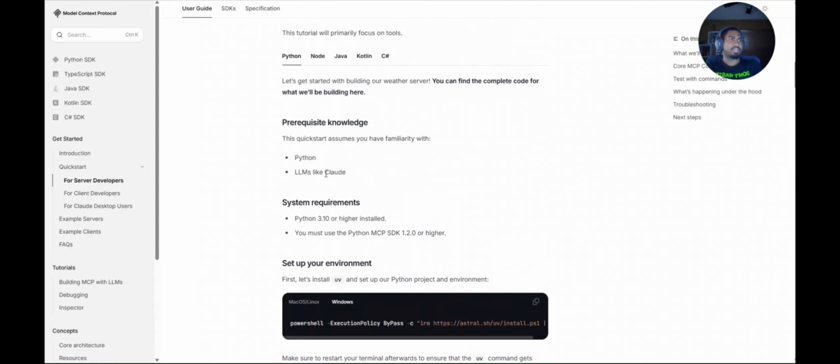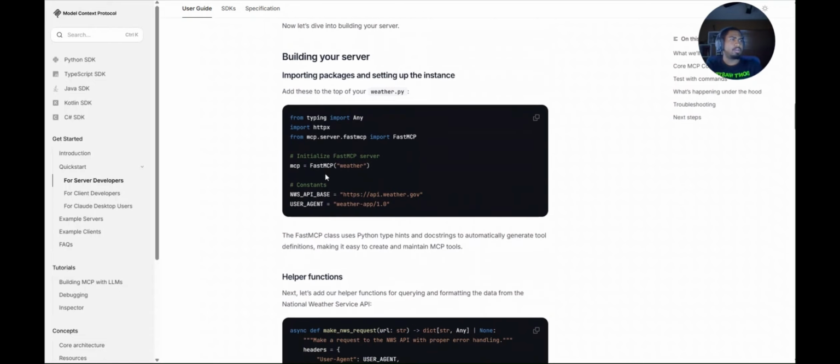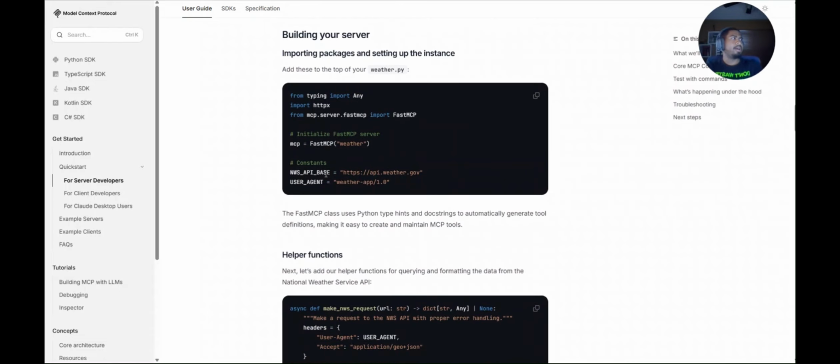using this weather MCP we're going to set up. Now, I'm not going to run through the whole thing. It'll take a while to code. I don't want to waste your time. You can copy and paste this. I already have it coded up myself. But what I'm mainly going to show you